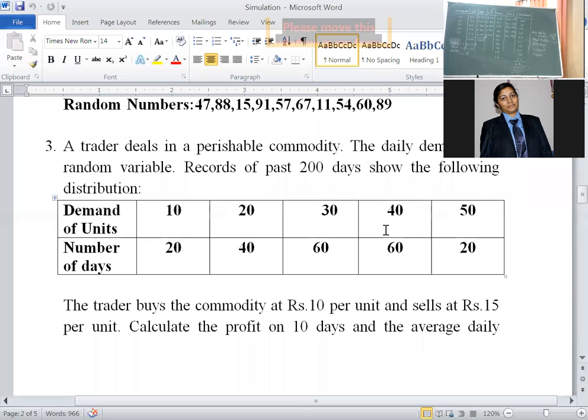But in the given problem, they talked about profit per unit. We have to calculate profit per unit. The formula for profit is the selling price minus cost price. Here the selling price is given as 15 and the cost price per unit is given as 10. That's why we got a profit per unit of 5. The total demand we calculated is 280. Per unit the profit is 5 rupees, so we are getting 1,400. Average daily profit is equal to 1,400 for